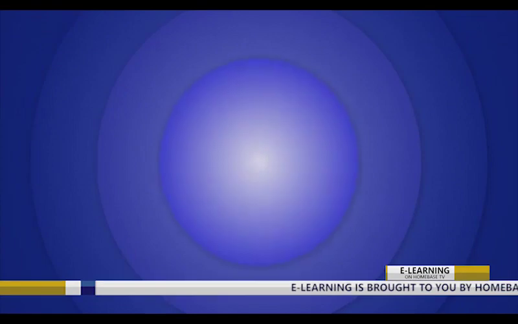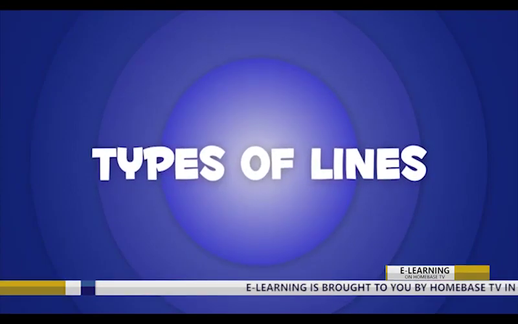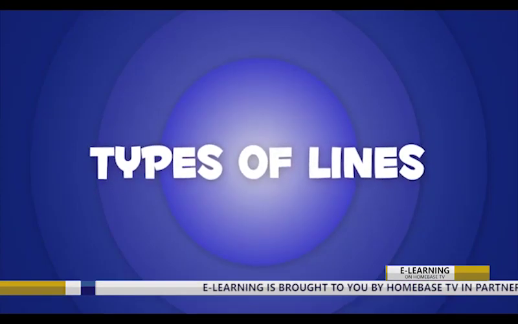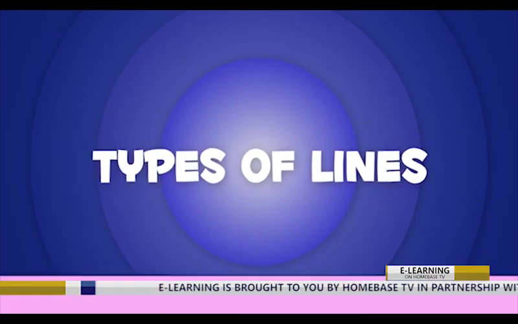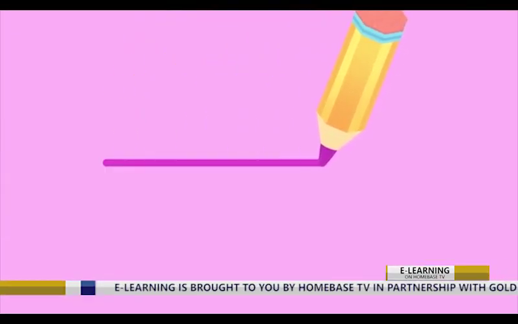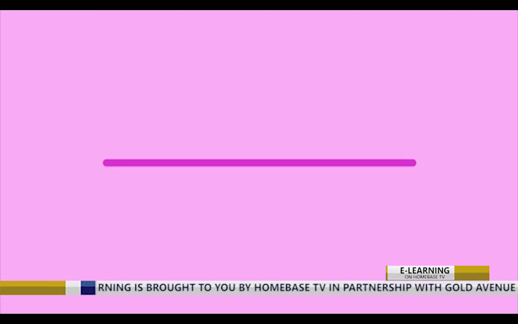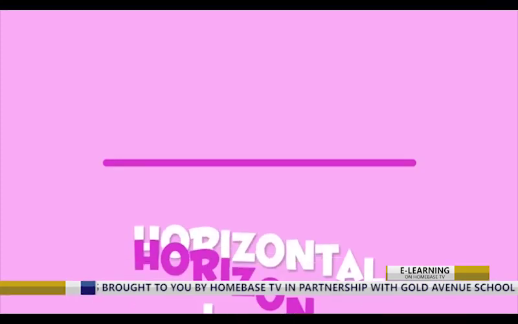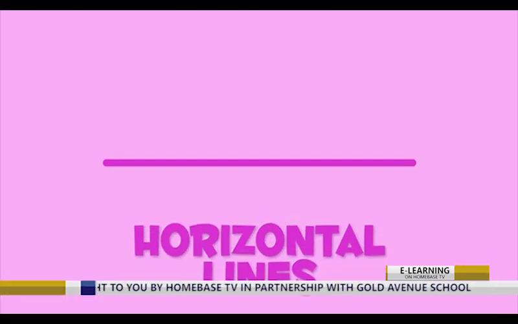Today, we're going to learn about the types of lines. Do you know how many types of lines there are? Here they come! Let's start with the straight line. This is a straight line. First, we'll look at the horizontal lines. Horizontal lines look like the horizon,